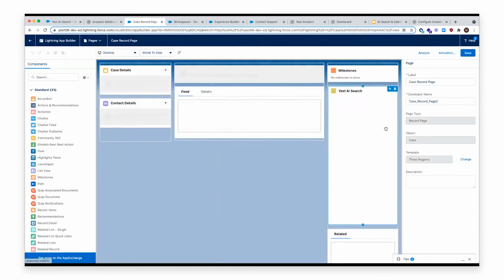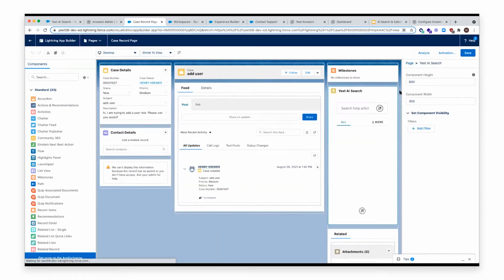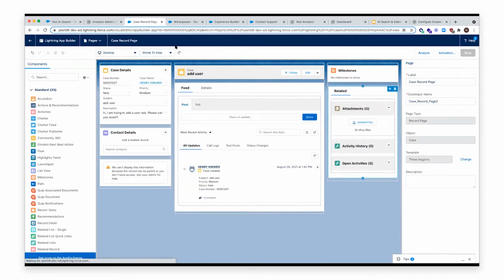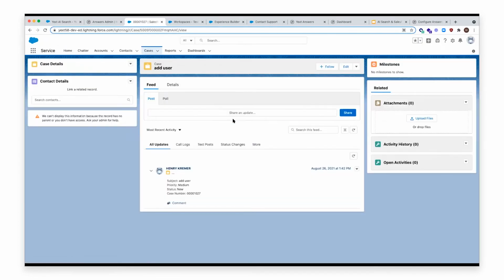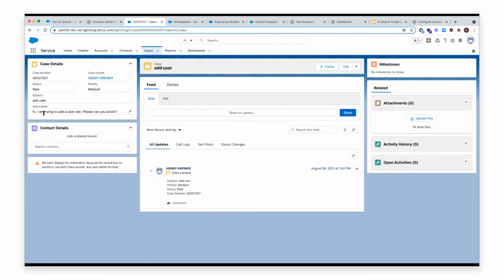But you're going to get a quick sneak peek of what it would look like to add this component. So if this was the site that all your agents were seeing, they've got a case, a fake one. Hi, I'm trying to add a user role. Can you please assist? There are not many components on this agent page that are going to help your agents get an answer, at least with the out-of-the-box Salesforce solution. And so to add our Agent Desktop search to this screen, all we have to do is what I just did to take it off. We're going to go into Setup, Edit Page,